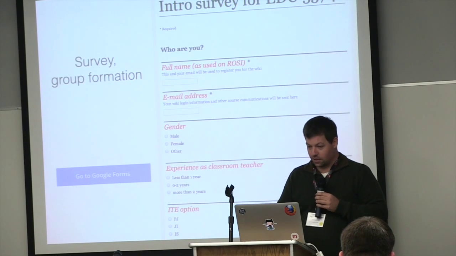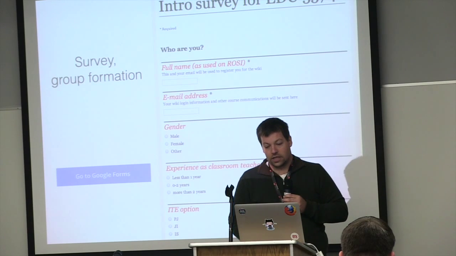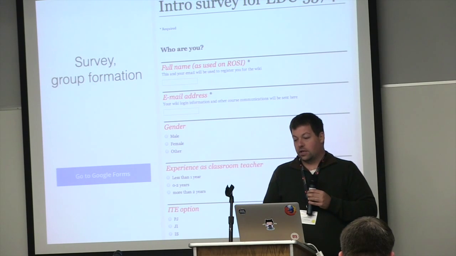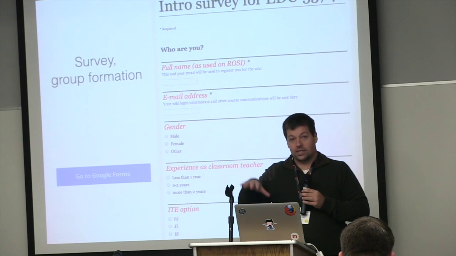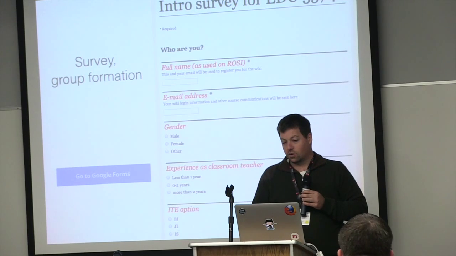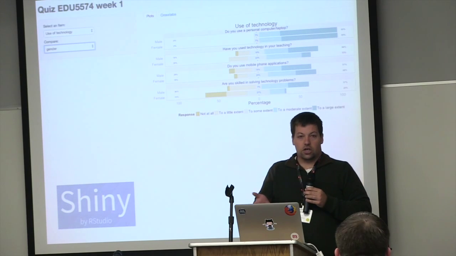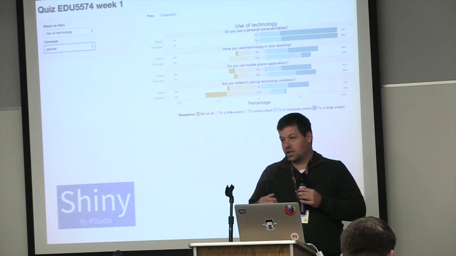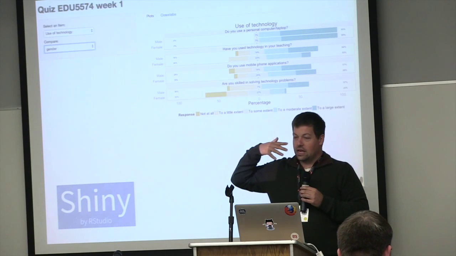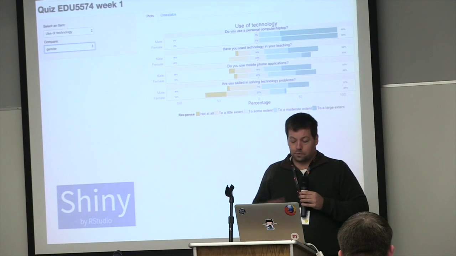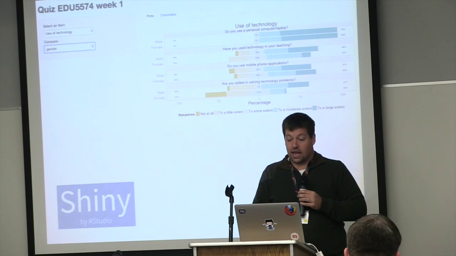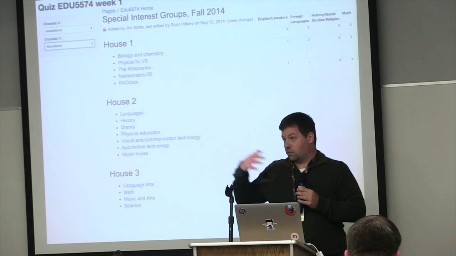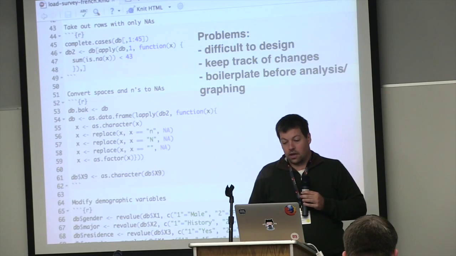Apparently, I don't have much time, so I'll quickly skip through some of the stuff we did. This is the survey we used for the course at OISE, and we just used a Google form. R-Shiny is a way of doing a very quick interface for statistics, so we could, in class, right away see some of the different statistics on the students in the class and put them into groups, and then take that data and automatically generate wiki spaces and permissions for them.